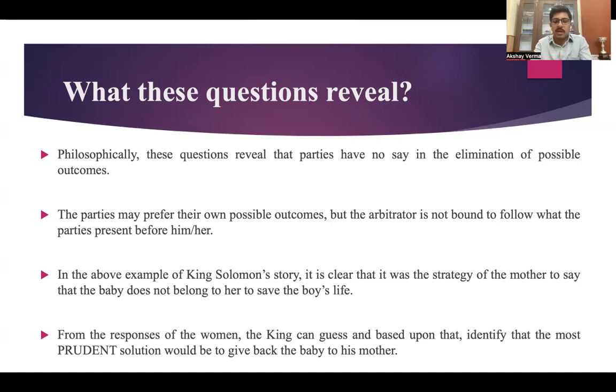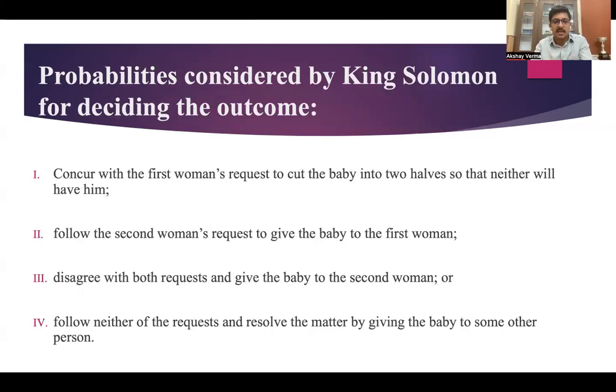So as you know, in principle of natural justice, both parties should be heard. There has to be an unbiased party, that is, no one should be judged in his own cause. And third, there has to be a reasoned decision. तो यहाँ पे जब किंग सोलोमन के पास आए, he was an independent entity, unbiased to both the parties. That means he was not judged in his own cause. Second, both the parties were heard. Third, there is a reasoned decision. There is a prudent decision.